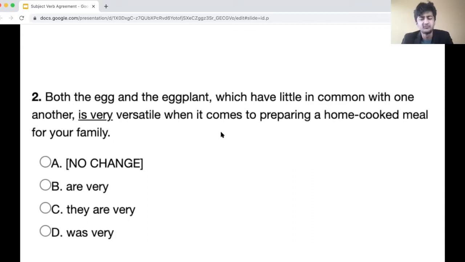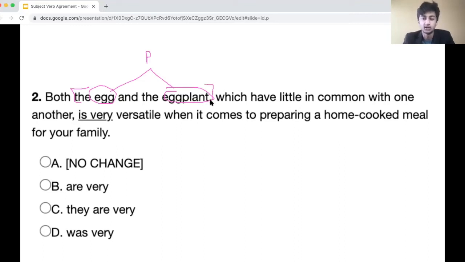All right, so assuming that you've tried it for a little bit, let's look and identify the subject. In this case, the subject is going to be the egg and the eggplant. And these two combined make a plural noun. Think about Mary and James, Bob and Bill, the egg and the eggplant. They're all going to be plural nouns as an entity right here. The egg and the eggplant, that's a plural noun right there. So with that plural noun, you need a plural verb. So let's look at answer choice A.